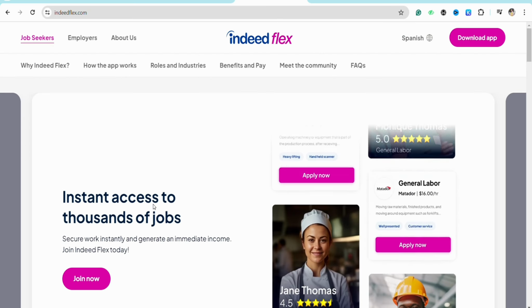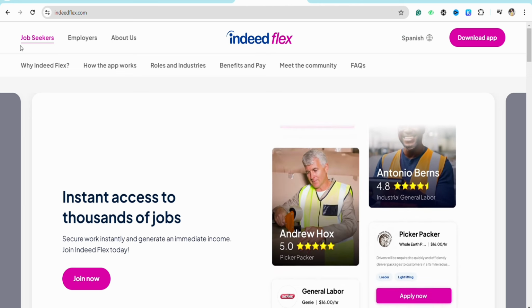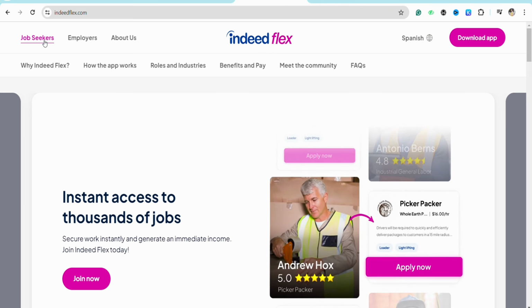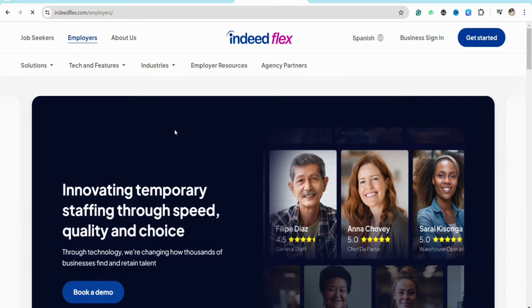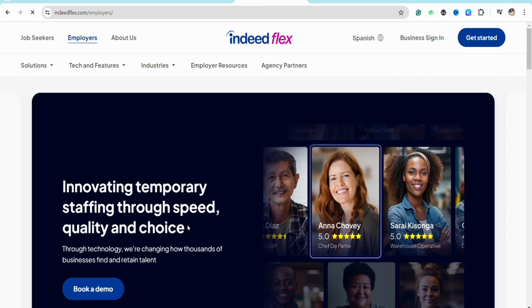So if you are a job seeker, just simply click on the job seeker section, or if you are an employer, just simply click on employer, and you will land on the pages accordingly. And after that, in order to verify your account